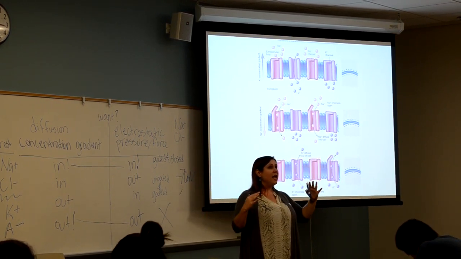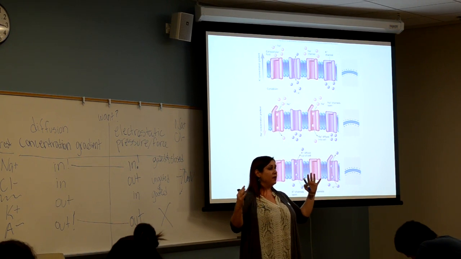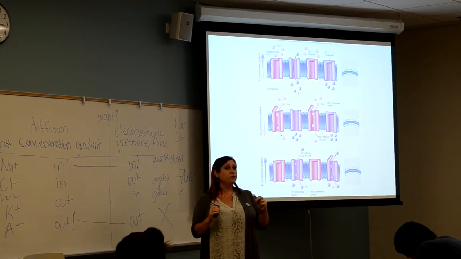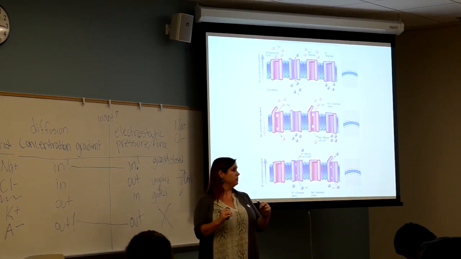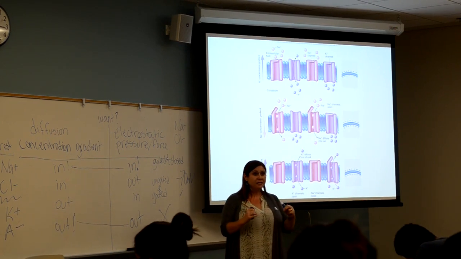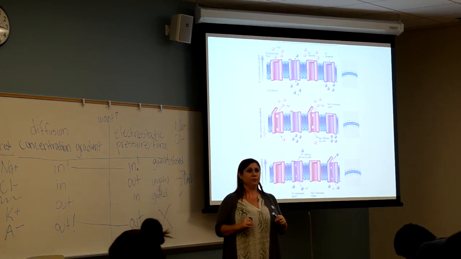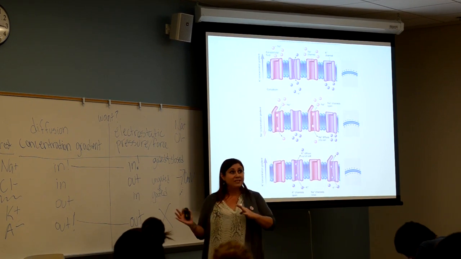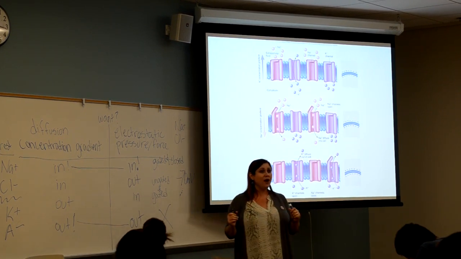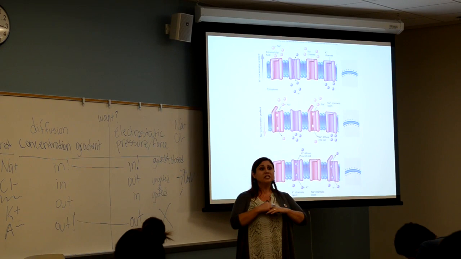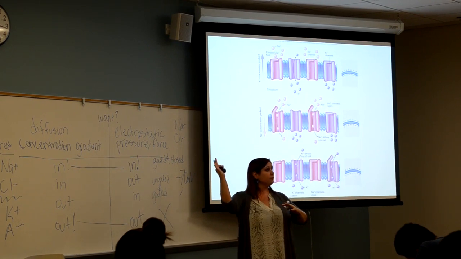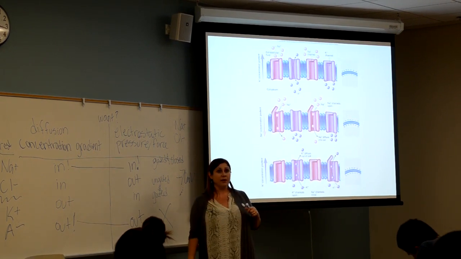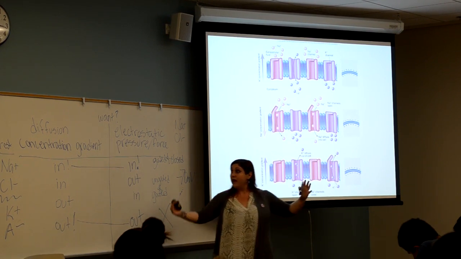The sodium gates that open are responsive to voltage. They are voltage sensitive gates. When the voltage gets to that point, to negative 55, they just fly open. That's their magic number for opening. And so now it's nice